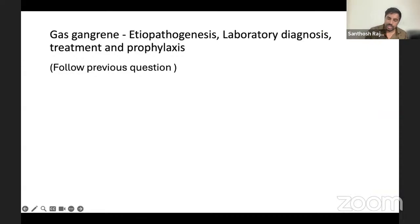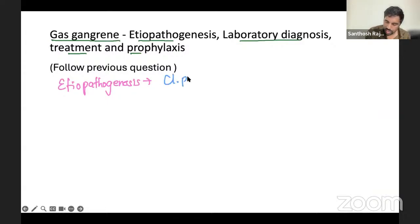Yes. So same thing. See here, they specifically mention you have to follow the previous question I wrote. For gas gangrene, they told us to write the etiopathogenesis, laboratory diagnosis, treatment, and prophylaxis. That's what I came up with separately here. So when they ask about the etiopathogenesis of gas gangrene, remember,